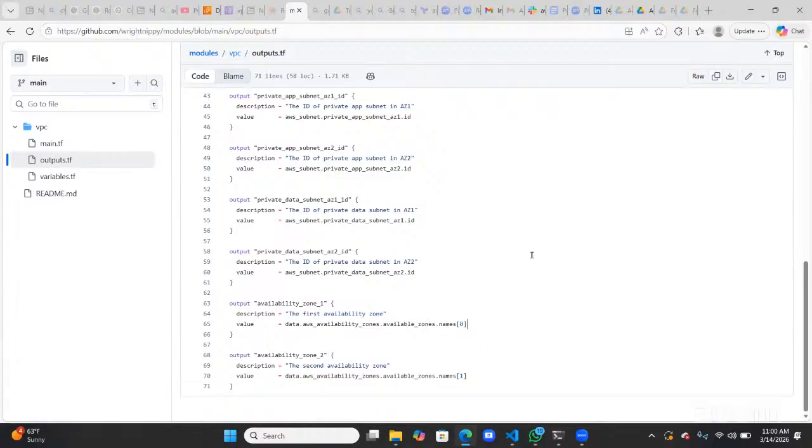So I thought, maybe this is the mistake I made. Then I added the names here with the index 0 and 1. And then I went back to Terraform to push it from there again to see. I was just trying to see what the problem was.